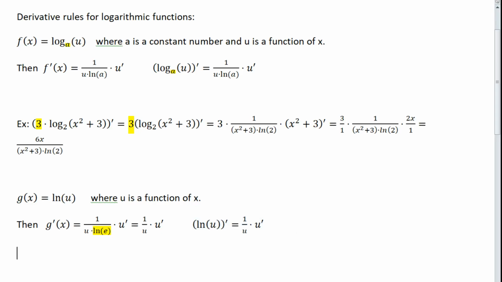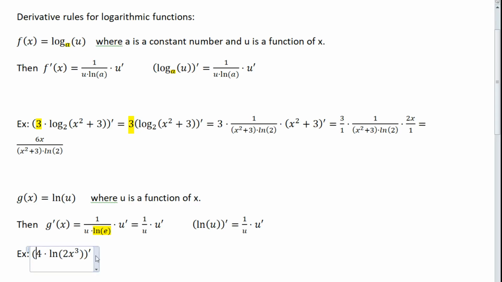So an example of this, if you have, let's say, 4 times ln of 2x to the third, all of this prime,